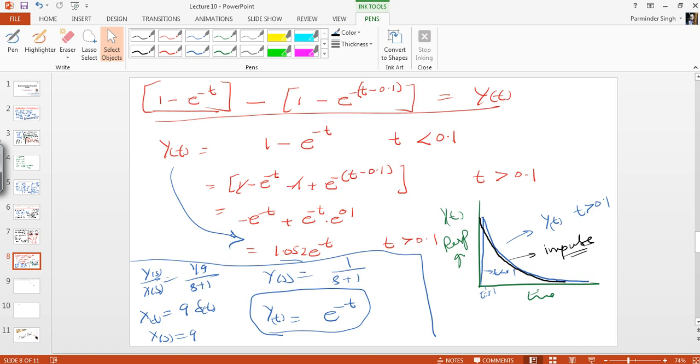The only difference is that in the pulse function we have two types of solution. One is for t less than 0.1 seconds, that is this part, and one is for t greater than 0.1 seconds, that is this. Initially it will follow this profile and afterwards it will follow this profile. Clear? So this is how you solve such problems related to your pulse system. Moving further,